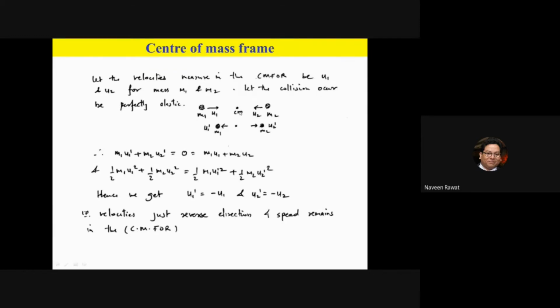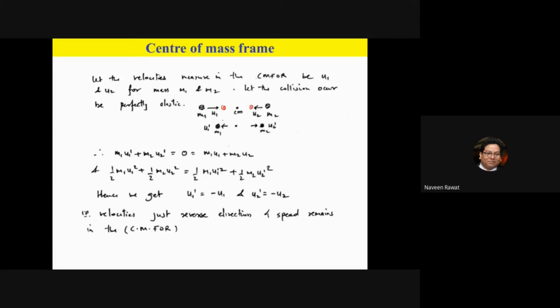Now as these masses are approaching each other and they get closer and closer, this position of center of mass doesn't change. So if this mass moves to this position here and this mass moves to this position here, the center of mass doesn't change, right? It is stationary there. So that's the simplified picture that you have.